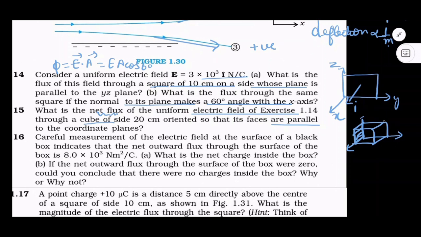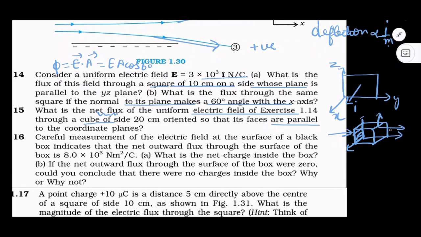Three of them you will easily get to be 0, since the angle between the electric field and the area vector will be 90 degrees, and the rest you can calculate and you will get the answer. But we can also apply the concept that the net flux entering through a closed surface